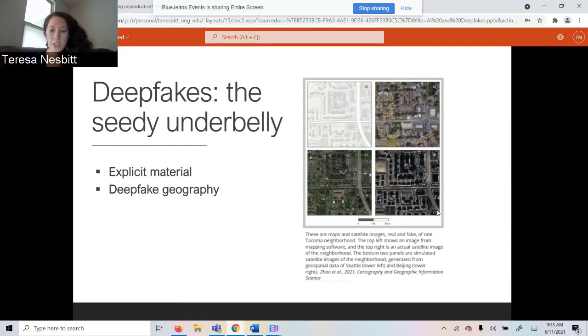On the bottom right, you'll see Tacoma through a Beijing filter. And looking at Beijing, you might think that this is a lower quality image than the others because of these large, boxy, dark shadows. But that's actually a reflection of the fact that Beijing's buildings are typically taller than those in Tacoma, so they're casting darker and deeper shadows. So what you're seeing is just a bunch of high rises dumped into the Tacoma landscape.